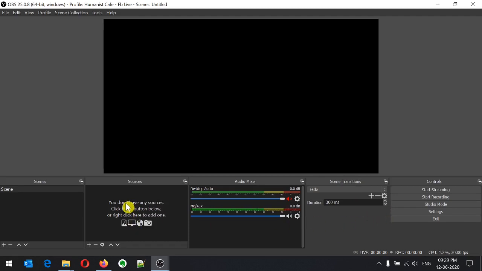Now let's see how you can put your webcam and also any images that you want to put. As we have seen before, there is this section called sources in your OBS Studio. You can see that we don't have any sources added here. Now we are going to add some sources. You can click on this